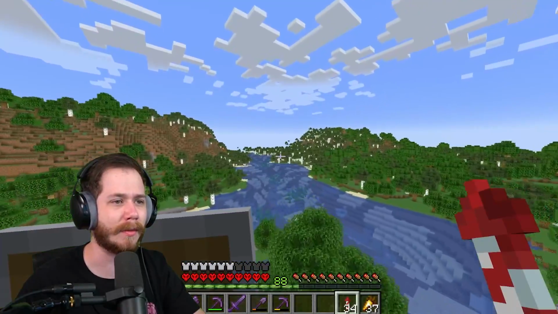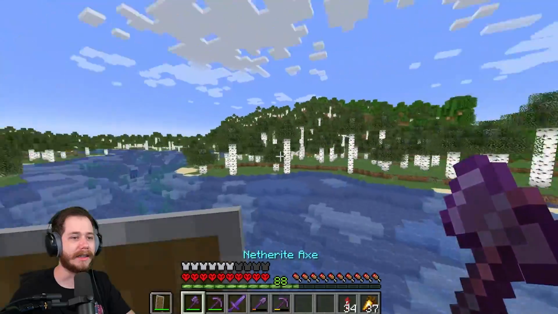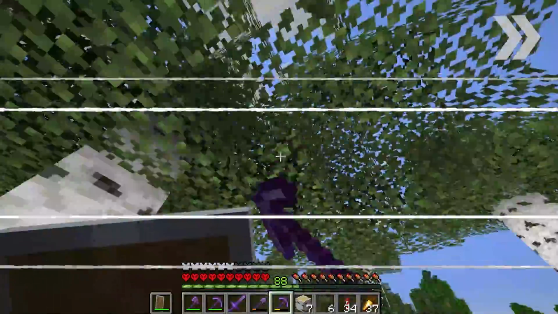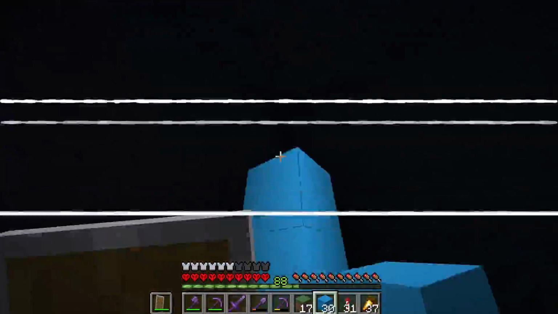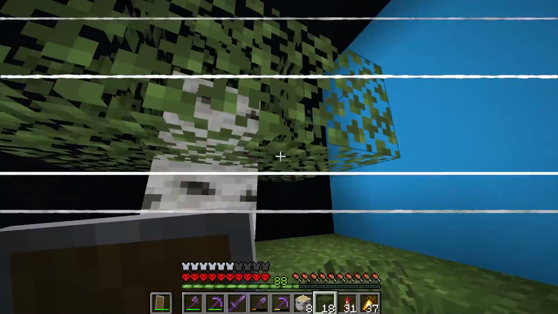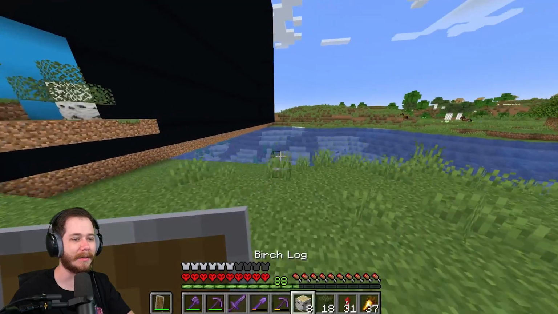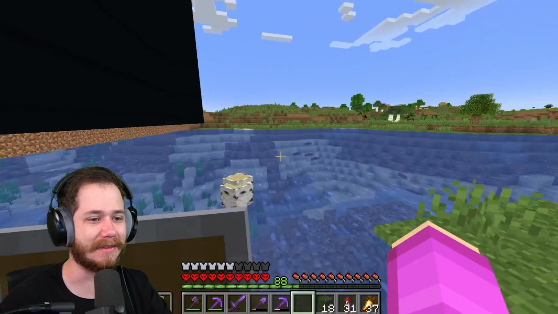We don't believe in the birch forest. We actually hate this place. And I know a perfect place for you to go, birch forest. That's right, you go in D tier where you belong. I hate this biome. Something about these ugly trees that just...